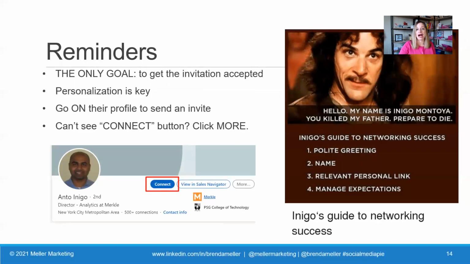You do need to go on the person's profile to send an invite. So if you get a bunch of LinkedIn suggestions, don't just click on the connect button. You have to click on their name to go on their profile, and then you should see the connect button. Now, if you go on my profile, we're not yet connected on LinkedIn, you're going to notice that my default button says follow instead of connect. If you see that, you can't see that connect button, rather go to the more button, and then under that drop down, you should see an option that will either say personalize, invite, or connect. And that's where you add that personal invitation text.